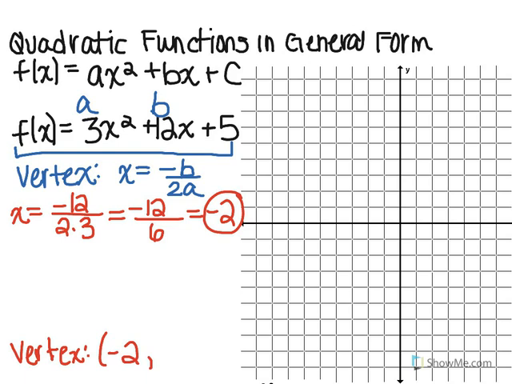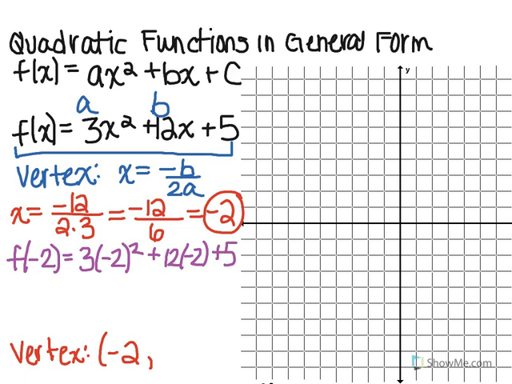For a function, anytime you know one of the values, in this case x is equal to negative 2, you can always plug that in to find the other one. So to find the y value, what is f of negative 2? That would be 3 times negative 2 squared plus 12 times negative 2 plus 5. Negative 2 squared gives us a positive 4. Times 3, so we get 12